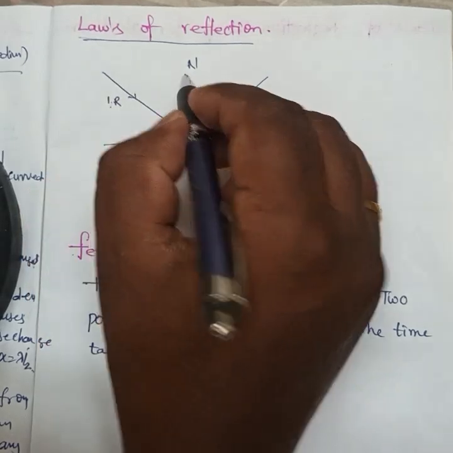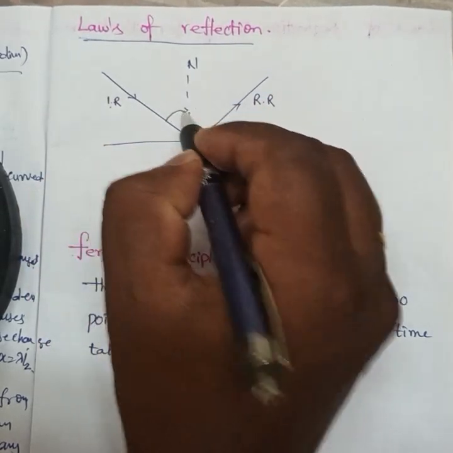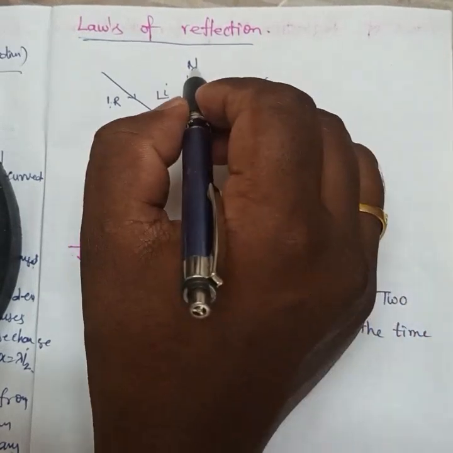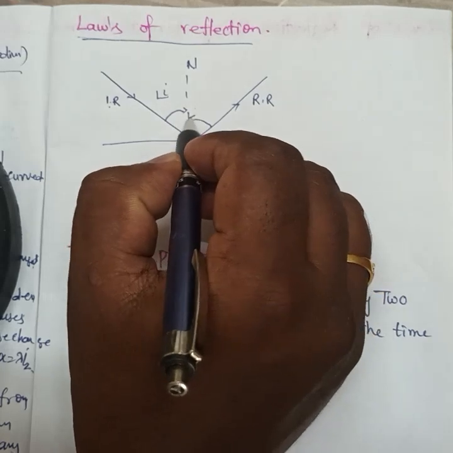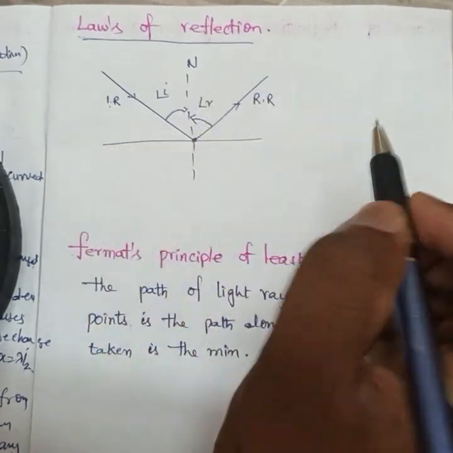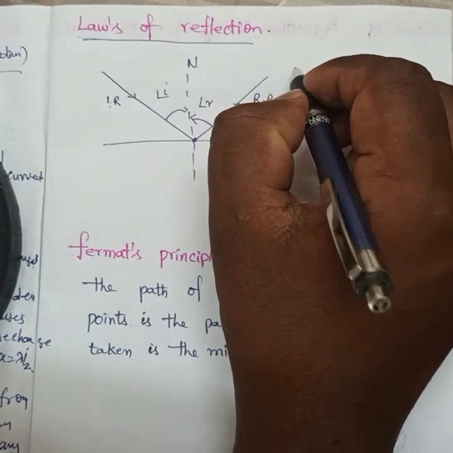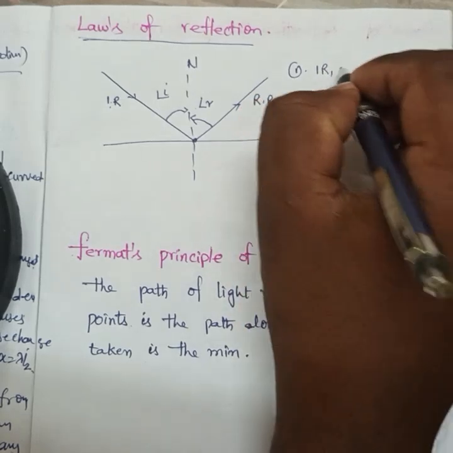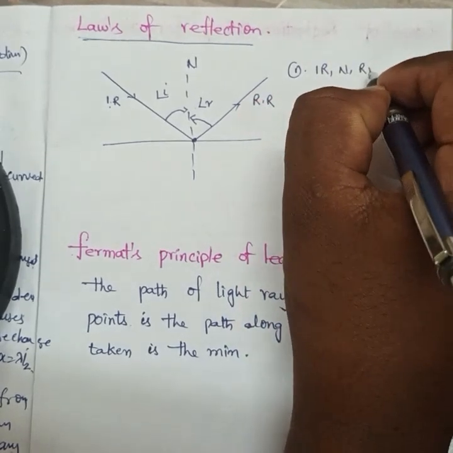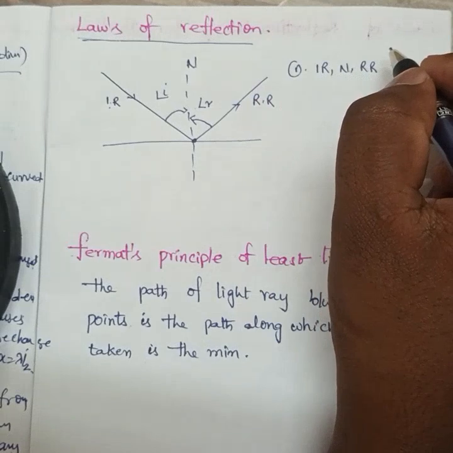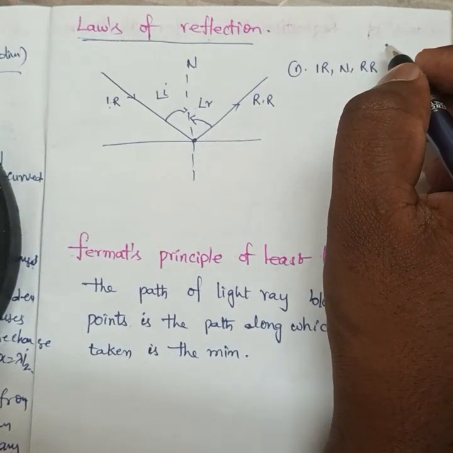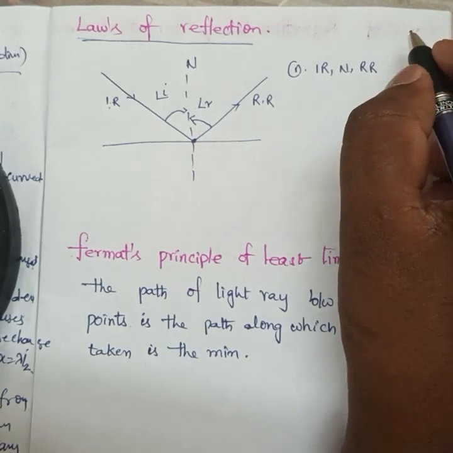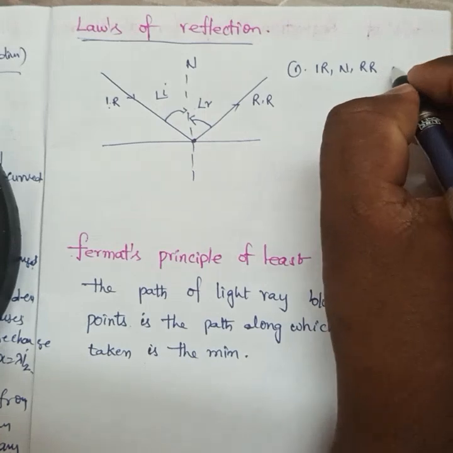The incident ray makes an angle with the normal, which is the angle of incidence. The reflected ray makes an angle with the normal, which is the angle of reflection. From the law of reflection point of view, the first one: the incident ray, normal, and reflected ray to the reflecting surface, at the point of incidence,